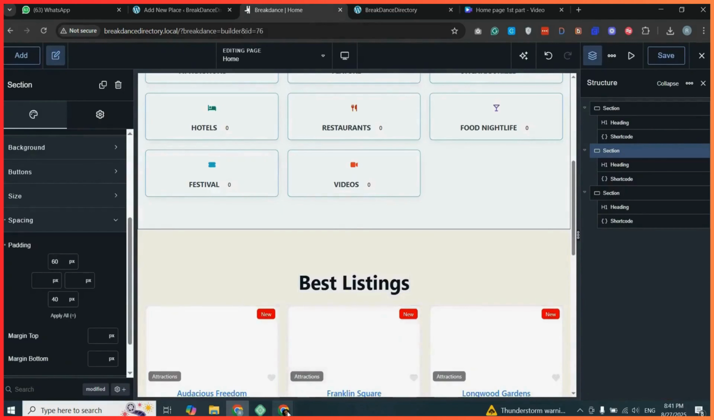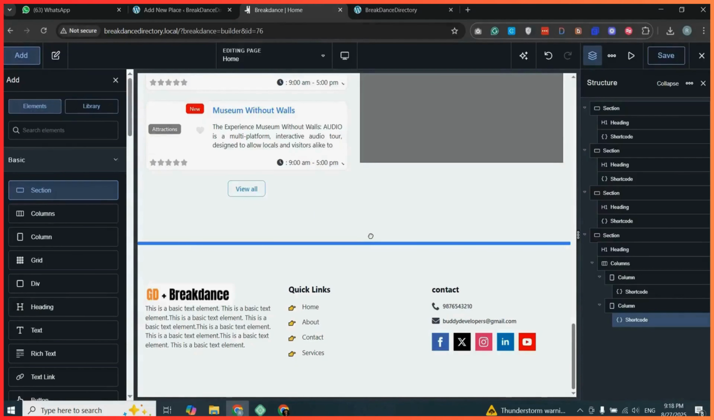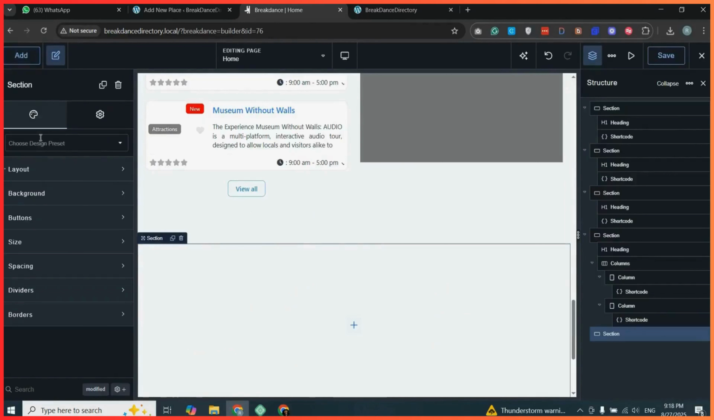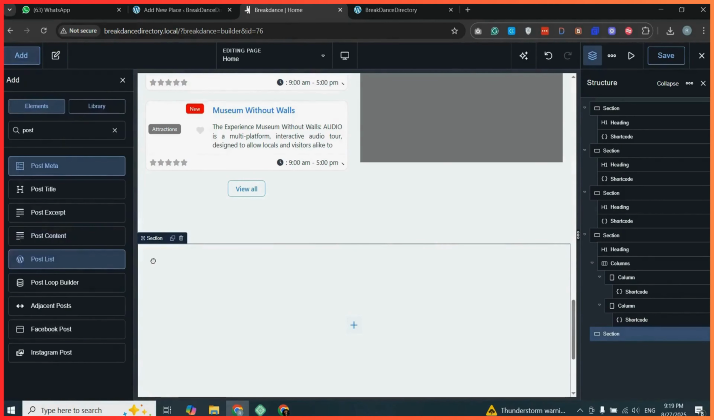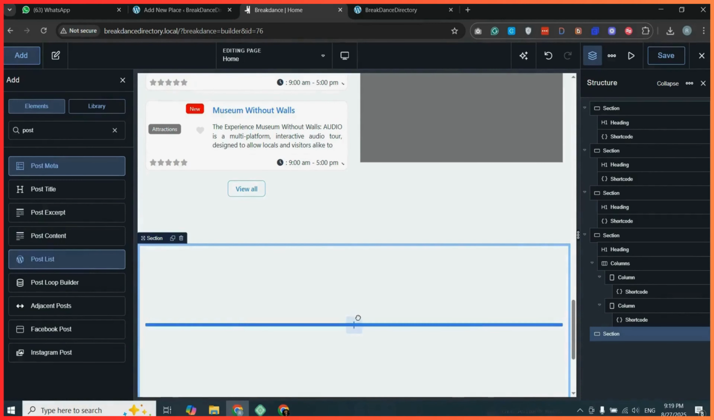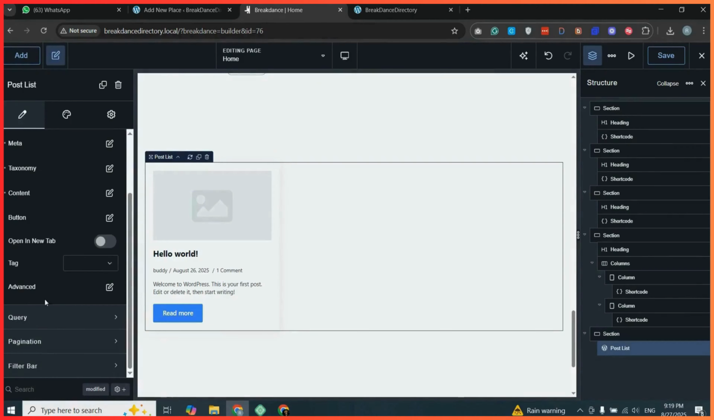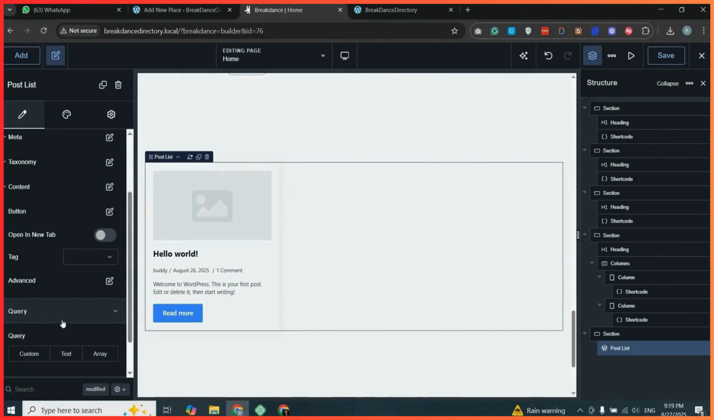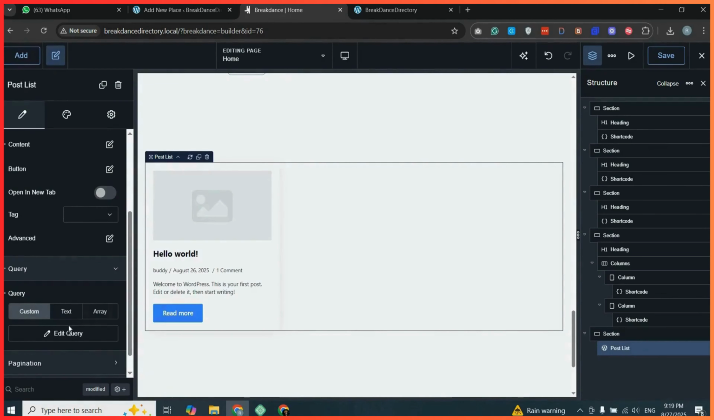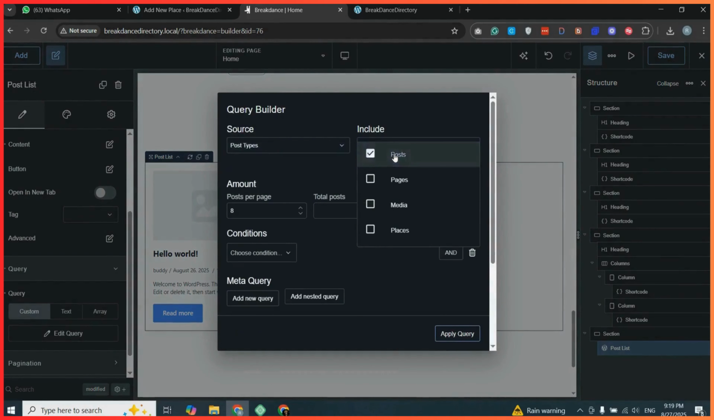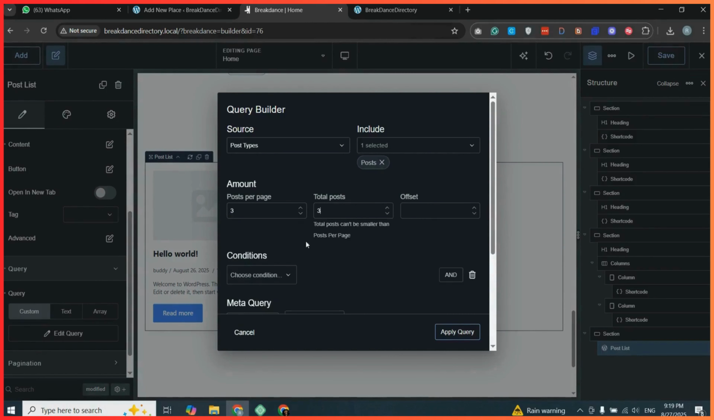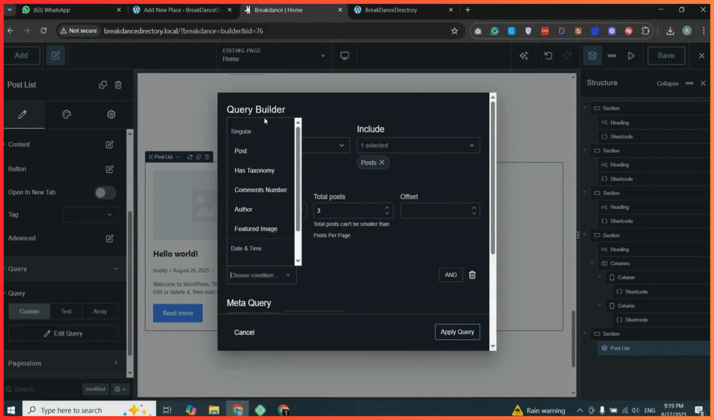So coming on to editor, now we will be taking a section over here and we will add post over here. Search and drag and drop the post list. So we can also show here the blog post. So coming on to settings, so coming on to the query and then customize type to post and then post per page 3, total 3, and under condition adding post,